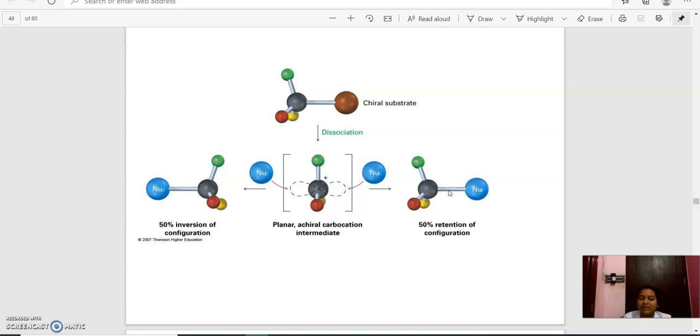In order to delocalize the carbocation charge, for the stability of the carbocation, we know that in this reaction a carbocation is occurring. So in order to stabilize this carbocation, this